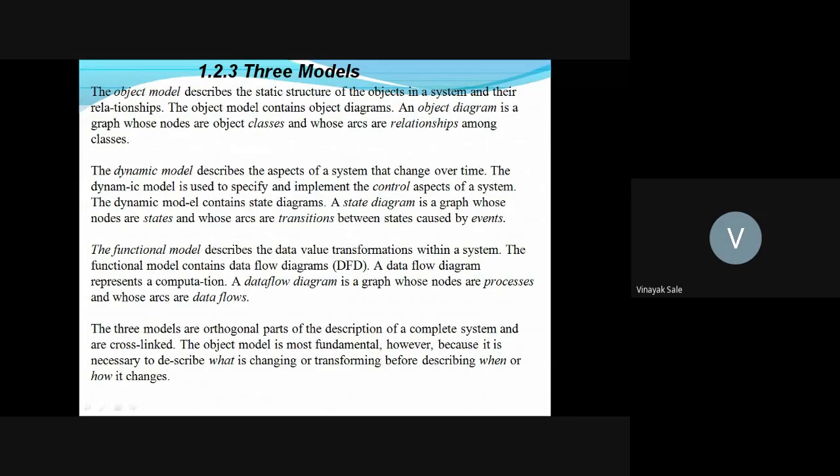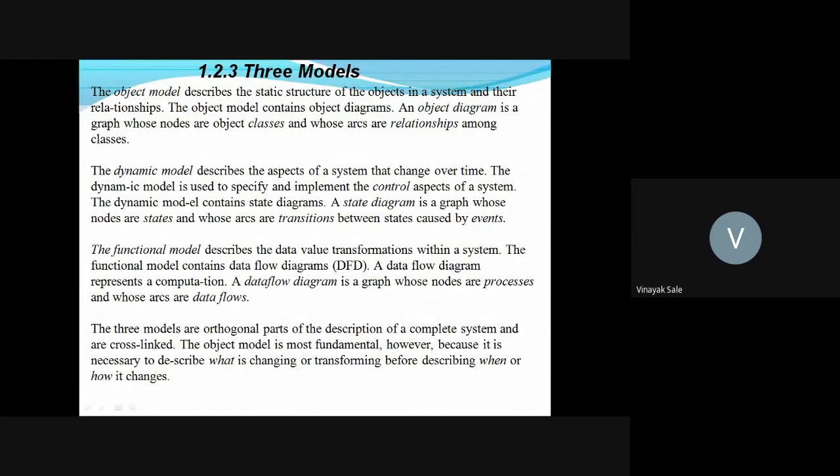Each model has its own particular properties. In the object model, the object diagram is a graph whose nodes are object classes and arcs are relationships among the classes. In the dynamic model, the state diagram. In the functional model, the data flow diagram. So each diagram has its own properties.